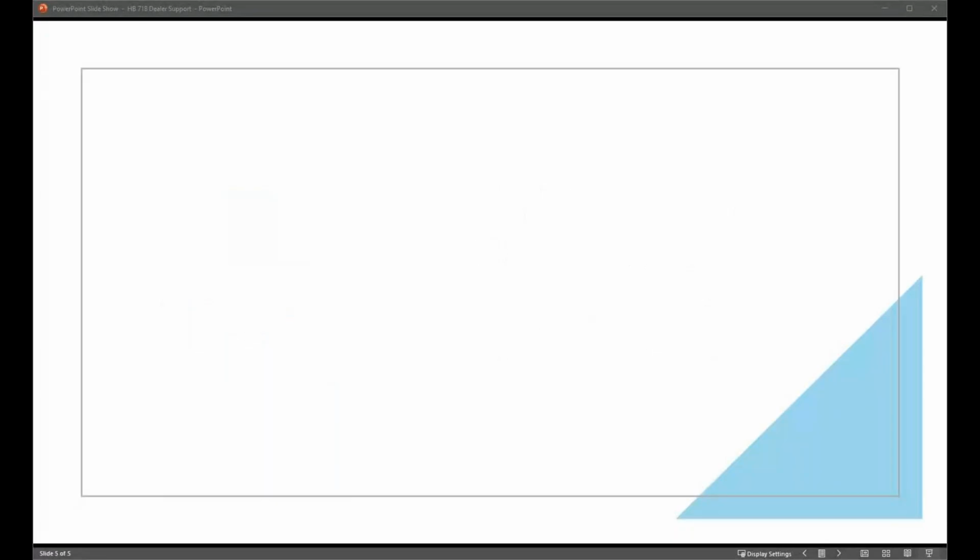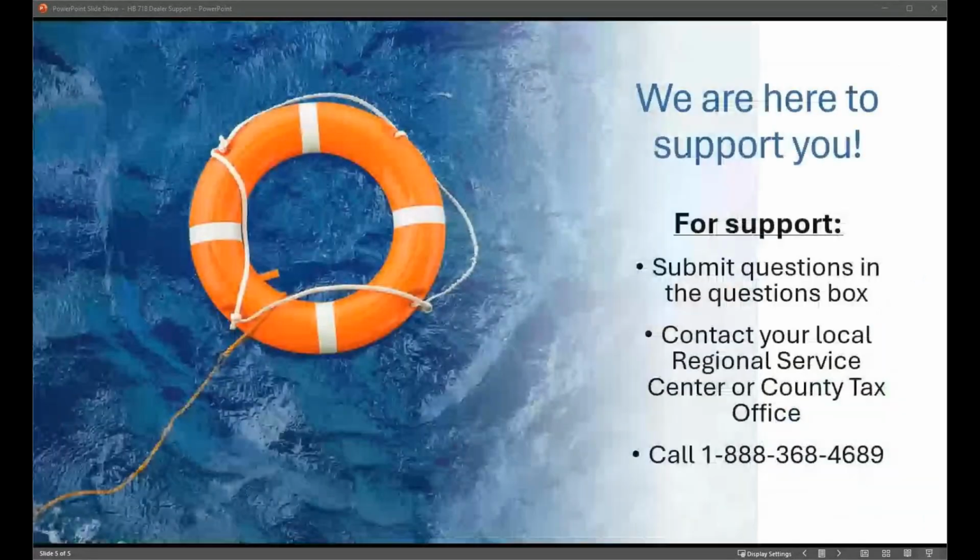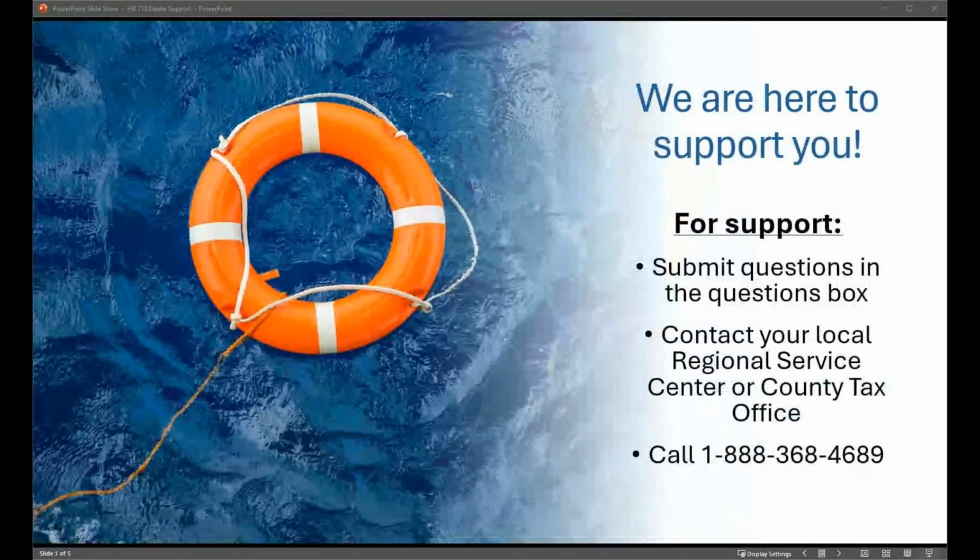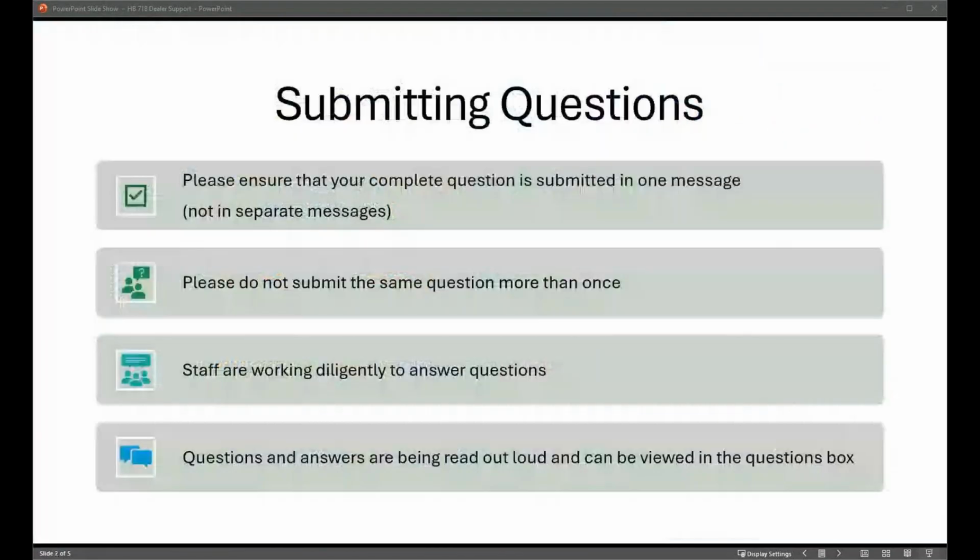Can handicap disabled plates be transferred to a new vehicle through ePlate? Yes, they absolutely can. So whenever you're going into ePlate and you're doing the ePlate assignment, there is an option to do customer supplied plate. So any plate that they already have that they're wanting to transfer, like a specialty plate or qualifying plate, anything like that, you will do that as customer supplied, enter that plate number, and that can be transferred over to that new vehicle.